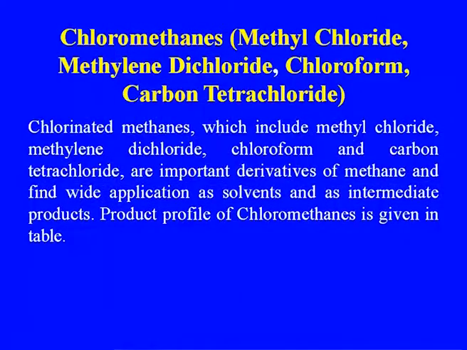Another one of the major outlets for methane, as I told you, is the chloromethanes: methyl chloride, methylene dichloride, chloroform, carbon tetrachloride. Gujarat Heavy Chemicals, which is also making soda ash, has one unit where they are making chloromethane. Similarly, the cyanide chemicals industry uses methane, and they are making a number of cyanide chemicals.